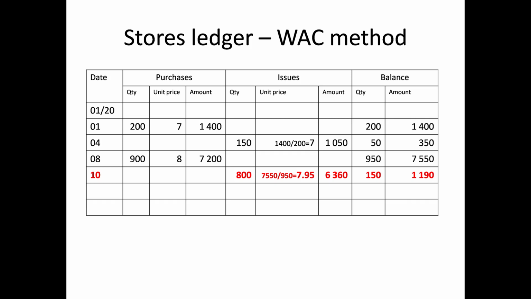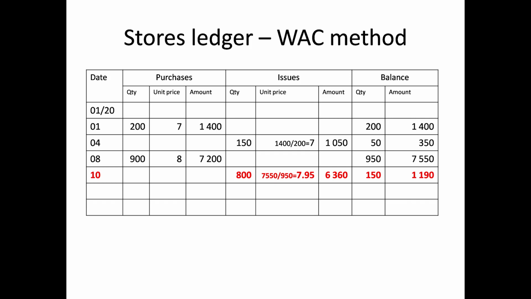That's 950 units and 7550 rupees. Then write under unit price 7550 divided by 950. You get the answer as